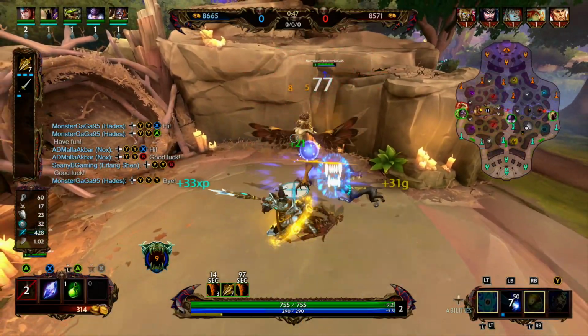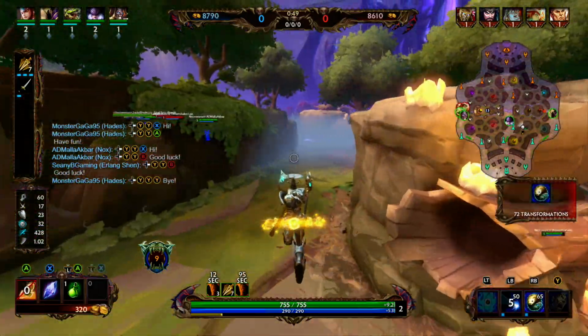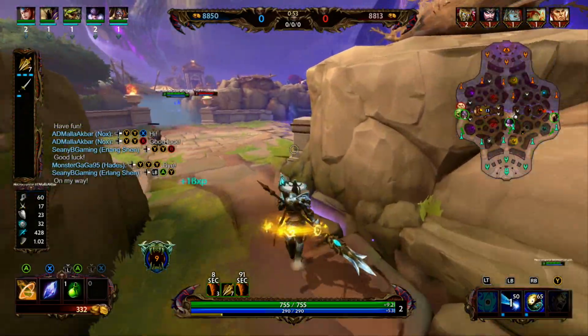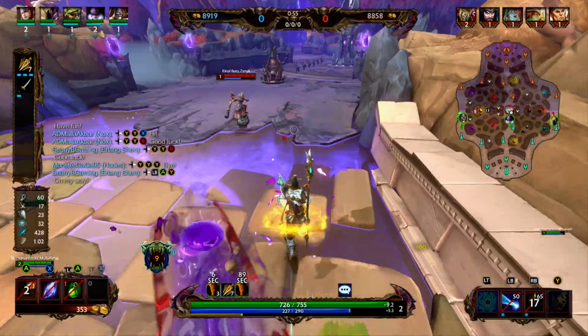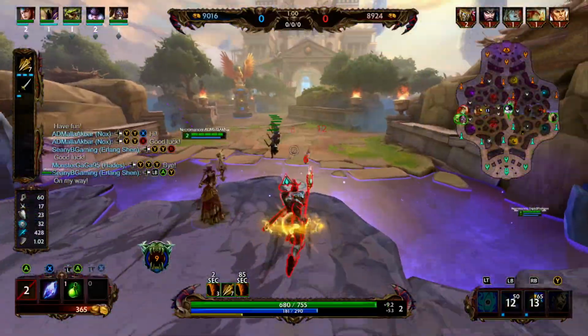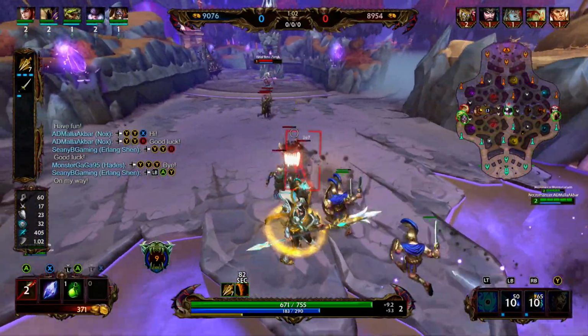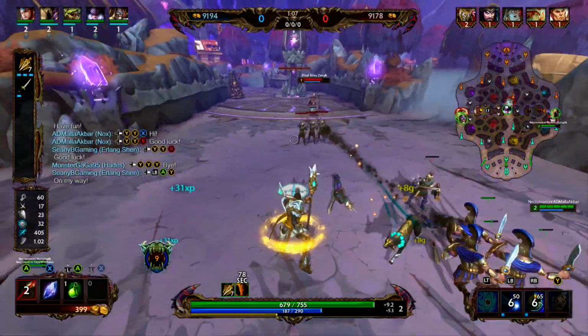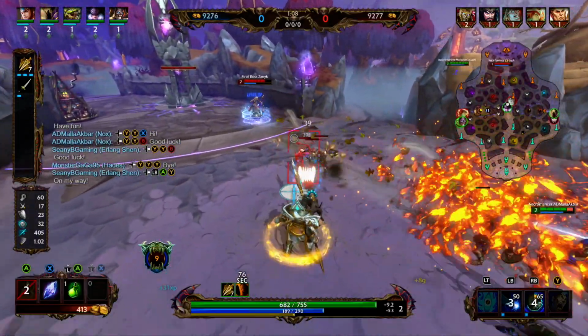Erlang Shen's ultimate, 9 turns blessings. Erlang's going to throw out a cone in front of him that's going to taunt enemy gods. Erlang's going to gain damage mitigation for the next 4 seconds. If Erlang is still alive after the 4 seconds, he's going to be healed for a flat amount plus 15% of his maximum health. The damage mitigation is 10% at level 1 and 15% at level 5,